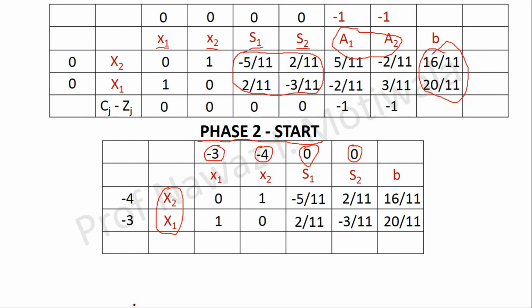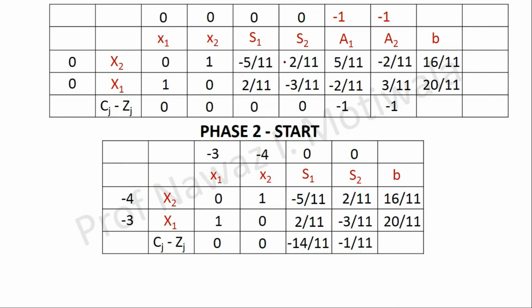Next step will be to find out Cj minus Zj. So for the variables which are basic, the Cj minus Zj are 0, so I will directly write 0 here. For others, I can calculate by our normal method, that is Cj. So Cj will be 0 minus, it is this one. So it is minus 4 into minus 5 by 11. So it will be 20 by 11, and here it will be minus 6 by 11. So 20 minus 6, it will be minus 14 by 11. And similarly for this also I can calculate it as minus 1 by 11.